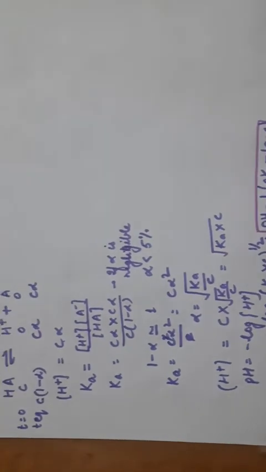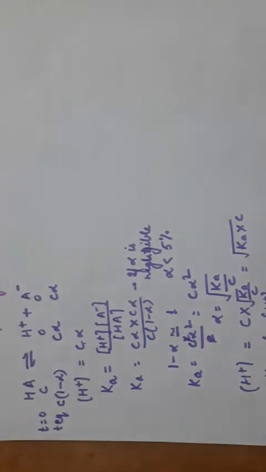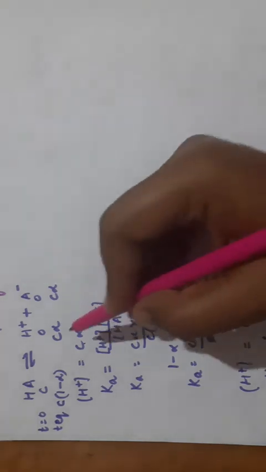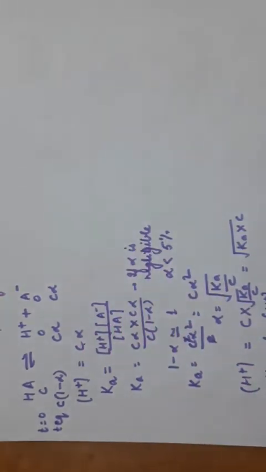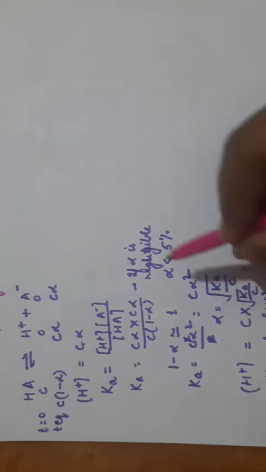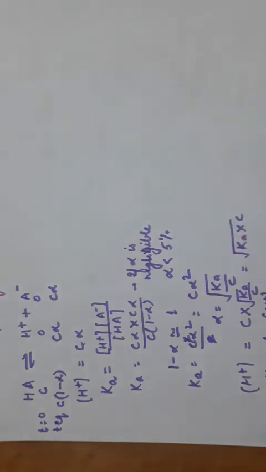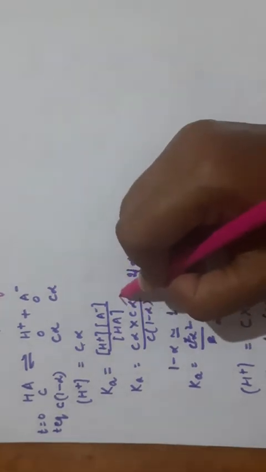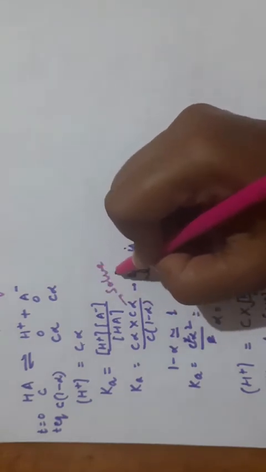So what is the overall thing? Overall thing is you have to find the H plus ion concentration in any way from the data that is given in the question. It may give alpha and concentration, or it may give Ka and concentration. Using that you will find out the concentration of H plus and then you will solve the question. In case it is not less than 5%, you cannot neglect alpha here, then you have to solve the quadratic equation.